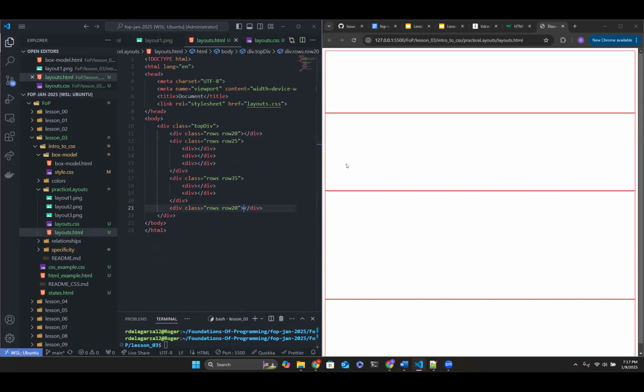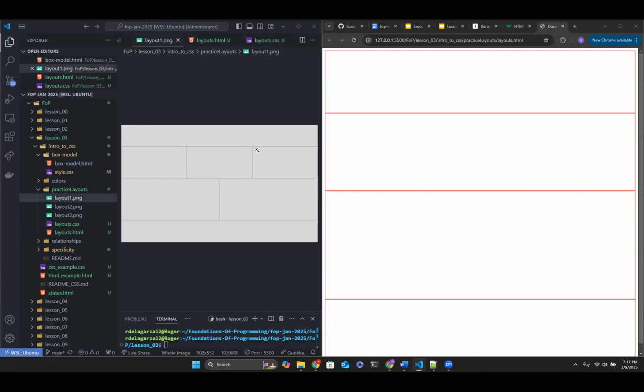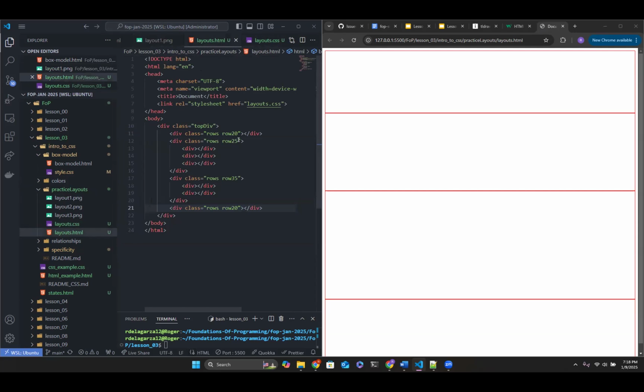All right, let's work on row 2 first. It looks like these are evenly divided between the left and the right. So they split evenly amongst this div. So maybe we can add a view width of like 33% to these rows to split them up evenly. So let's give them a class.